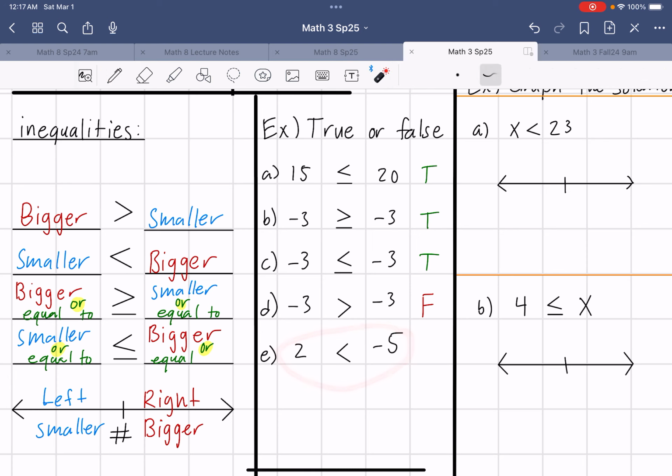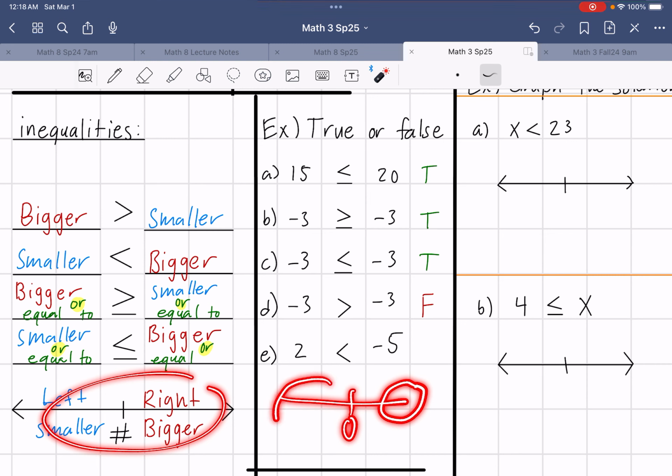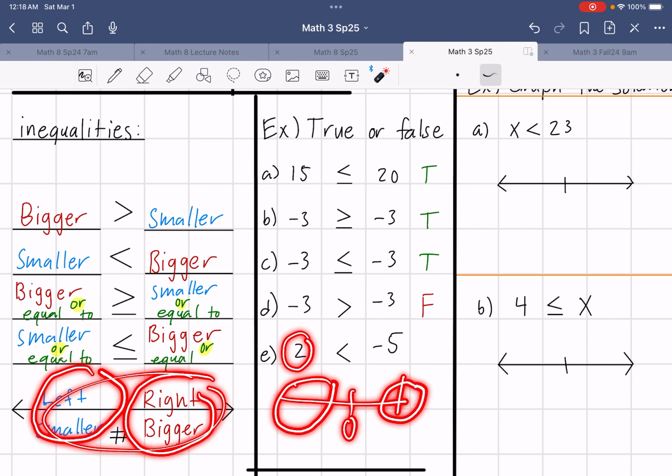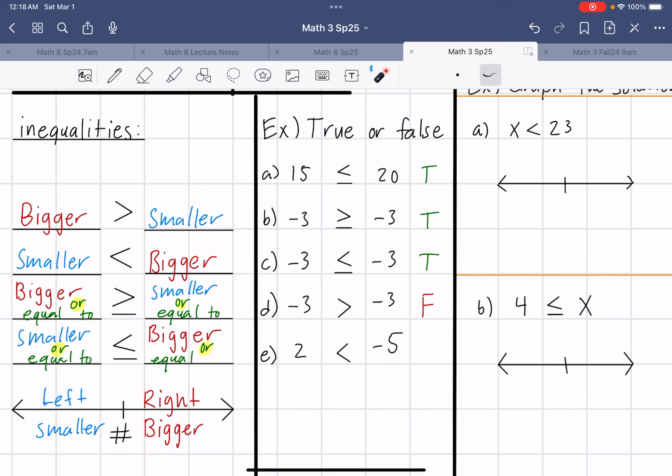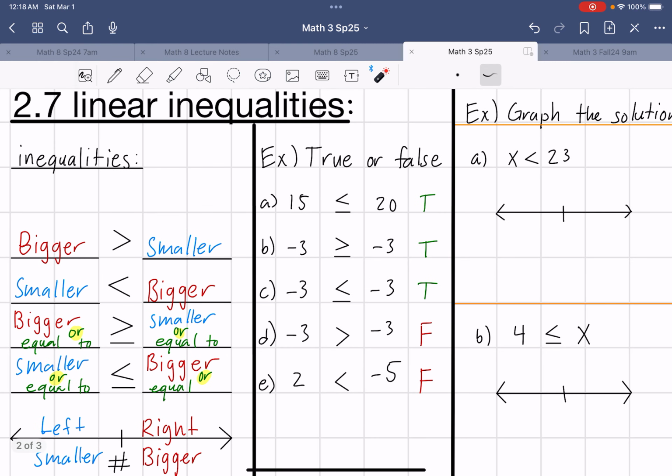And here, positive numbers, when you're thinking about a number line, right? Positive numbers on the right of 0, negative numbers on the left. And remember what we said, numbers on the left are smaller, numbers on the right are bigger. So because 2 is positive, I know it's on the right. 5 is negative, I know it's on the left. So clearly this is false. So just to give you an insight on how to interpret these symbols, because they're going to make a difference once we get into graphing